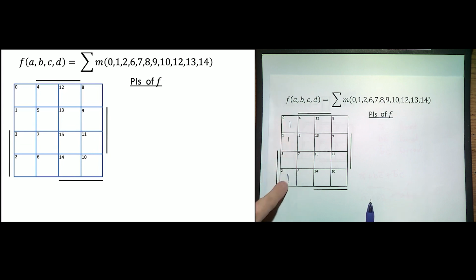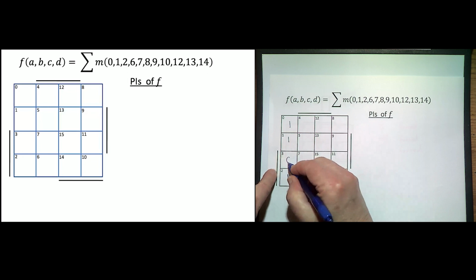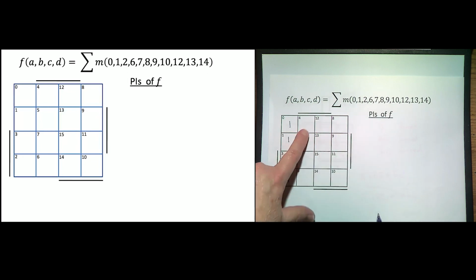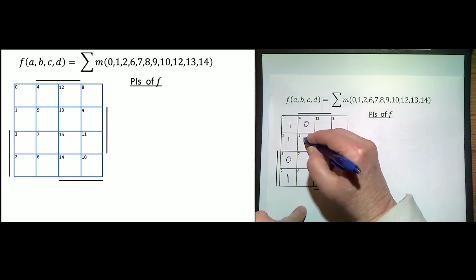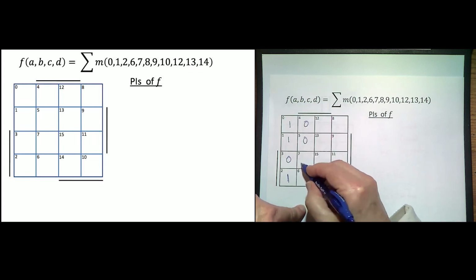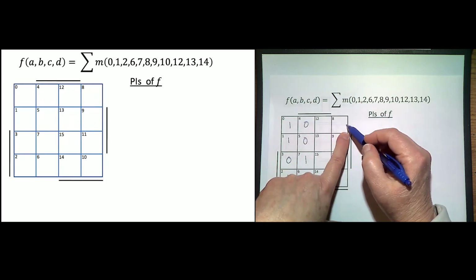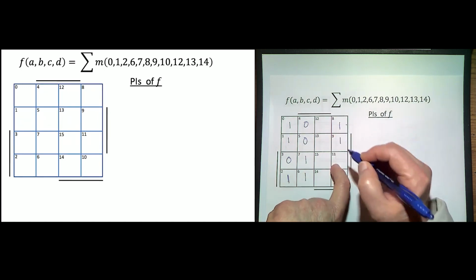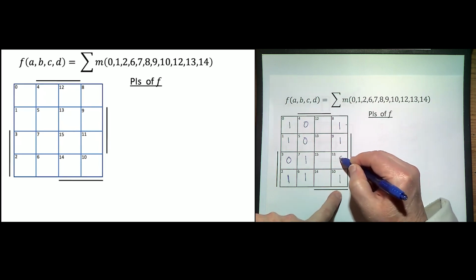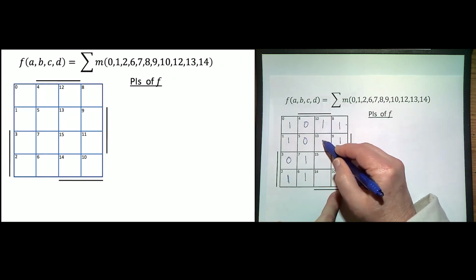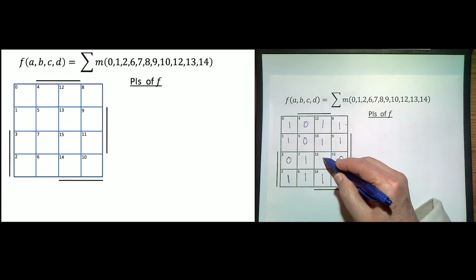So it's 0, 1, 2, 3. 3's not here, so okay. No 4 and 5. And then we have 6, 7. So here, if you go 6, 7, you're still okay because they're both there. But in general, this is 6 and this is 7. And for 8, we have to go to the far column. All right, so we have 8, 9, 10, but not 11. Then 12, 13, 14, and not 15.